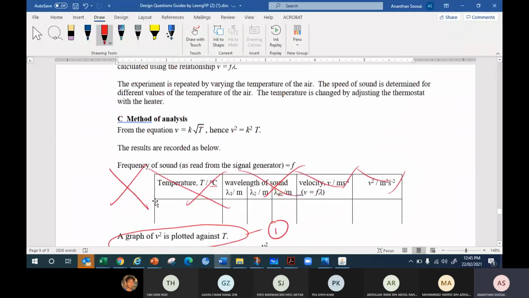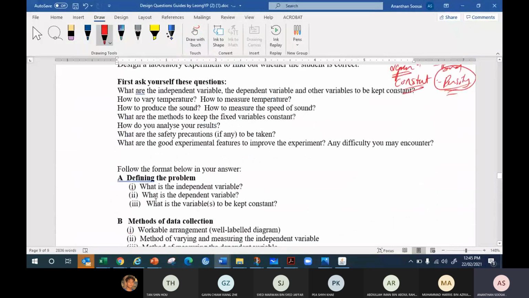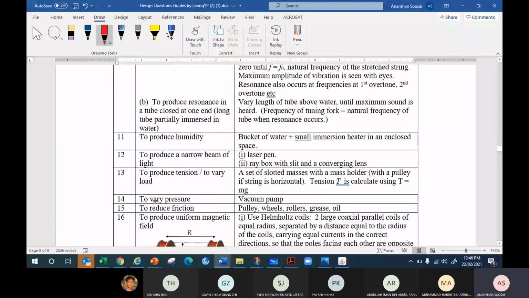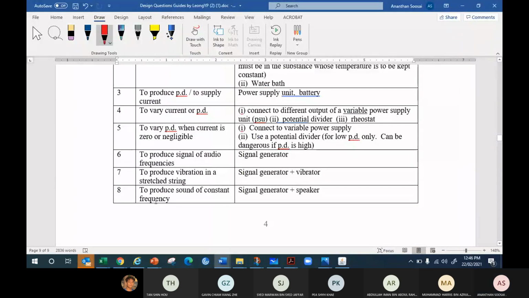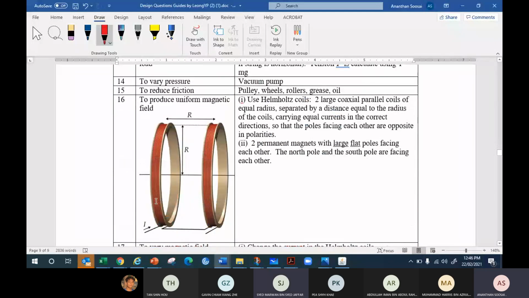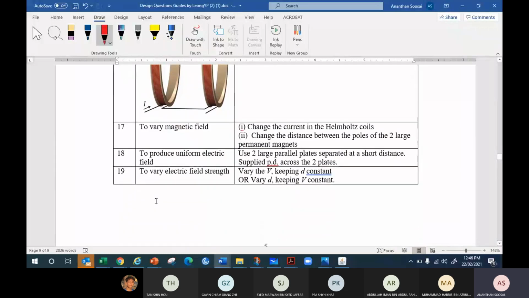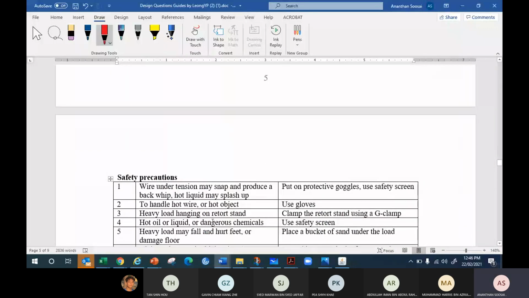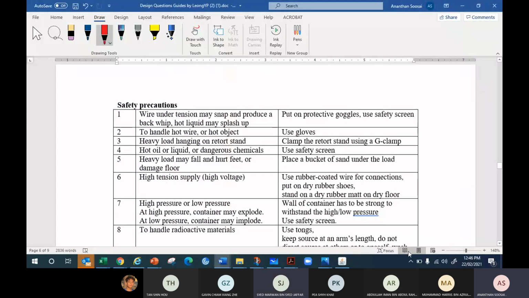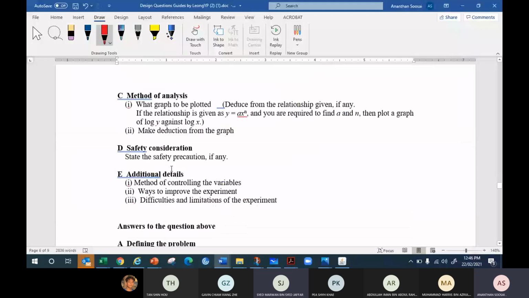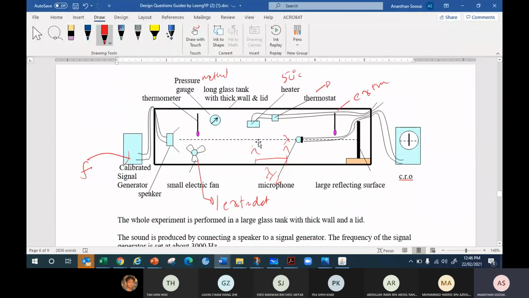So this is your design experiment. Any questions, guys? I hope you have some rough idea where the marks are allocated, and this document can be very helpful. What instrument we use to measure what quantity, and you should know the labelled diagram is very important. Label the diagram, make it clear. 2D or 3D. 3D is better, but 3D is time consuming. If you have time, you can do it. If you don't have time, just do 2D.